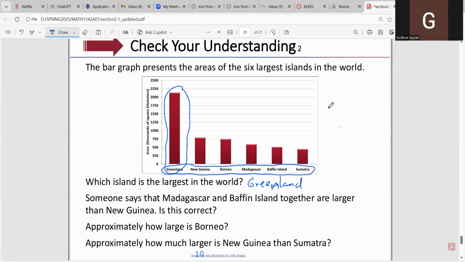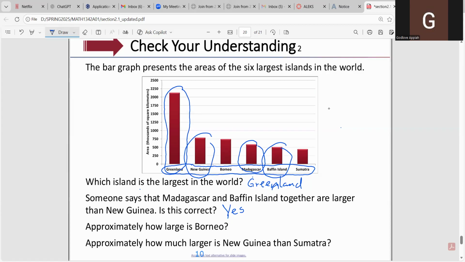So if you look at the graph, Madagascar is right here, and Baffin Island is right here. So if we sum up the areas of these two islands, obviously this should be larger than the area of New Guinea, right? That is very easy to see. So that means the answer to this question should be just yes. All right, the next question,